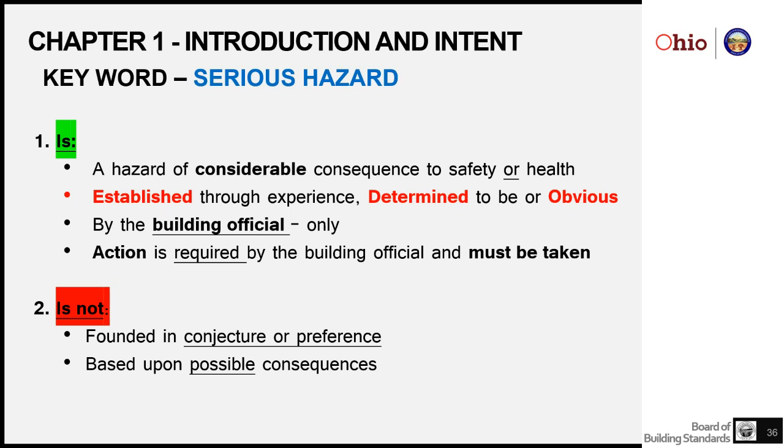Because in the next moments, hours, maybe days, something bad is going to happen, and that condition will result in injury or loss of life. It's not about possibly someday it might happen, it could happen. I can dream of an event where this is dangerous. That's not what we're talking about when we talk about a serious hazard. And you'll have more discussions about serious hazard, I'm sure, when we talk about existing buildings, chapter 34.